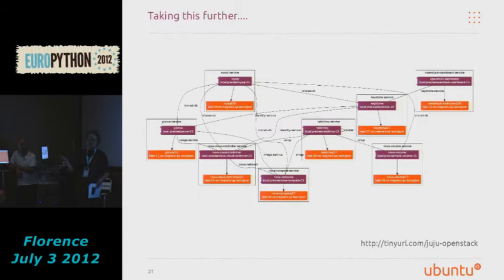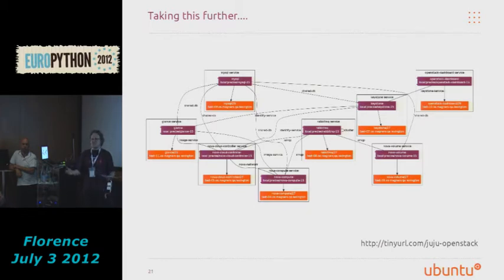In fact, Mark Shuttleworth demoed deploying OpenStack live on stage at the OpenStack Design Summit 2 months ago. Which was very exciting and required a lot of work, so I didn't do that today. But in the Ubuntu server team, we use Juju, MAAS, and this set of OpenStack charms to do per-commit testing of OpenStack upstream trunk on the current Ubuntu development release and the current LTS release using Juju, MAAS, and hardware.